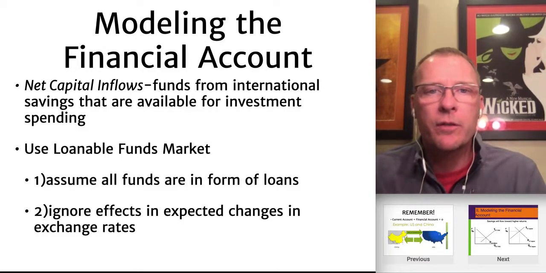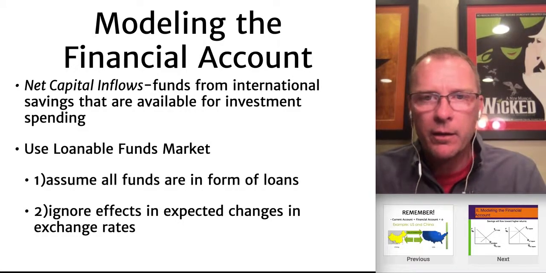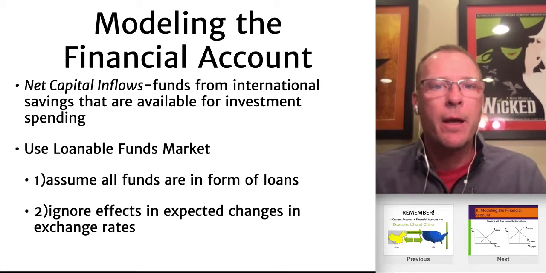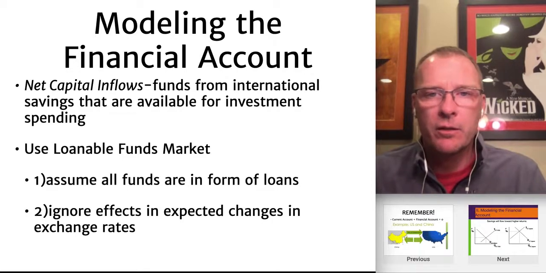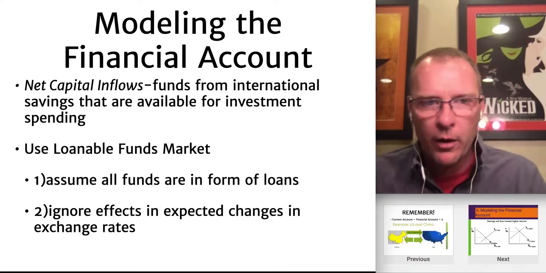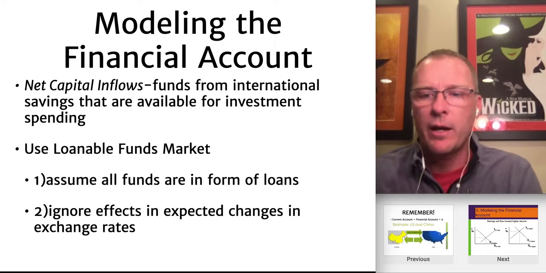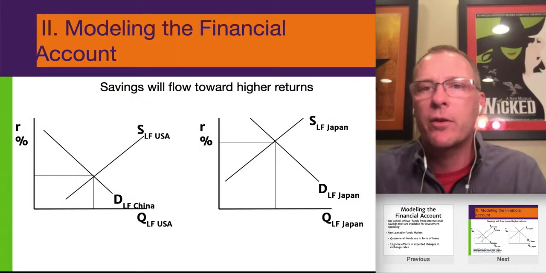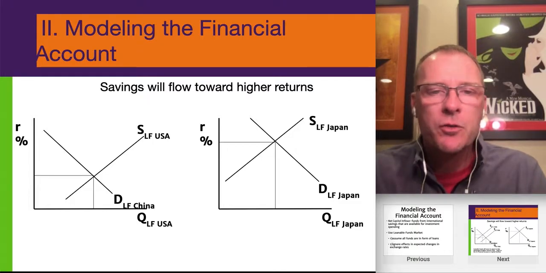And so if you use that loanable funds market, and you think about how much money is coming in and out of a country, if you assume all funds are in loans and you just ignore exchange rates for right now, you're going to see that savings are going to flow toward wherever there's a higher percent of return. So if you look at the one on the left, the United States,